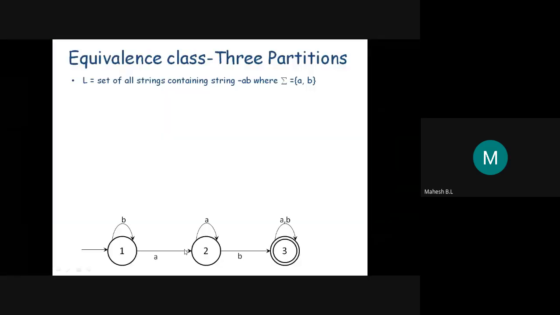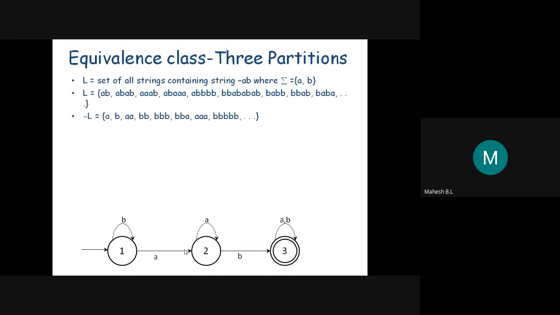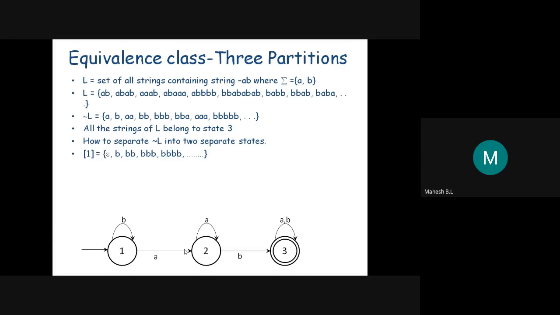Okay, now L is equal to, so if you consider any string, AB is a part of the string. So L is the set of all those strings which are a part of the language. Then not L is the set of all those strings which are not a part of L. But from the DFSM, you know that not L is not a single equivalence class, because a string can be rejected in two ways. That means not L can be partitioned. So not L must be separated into two states. One is sigma B BB, then another is A.